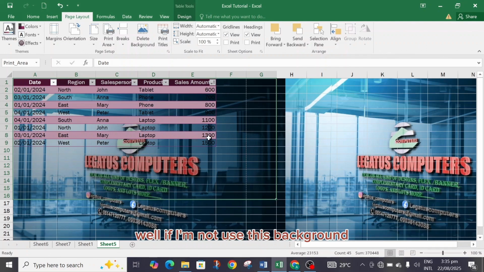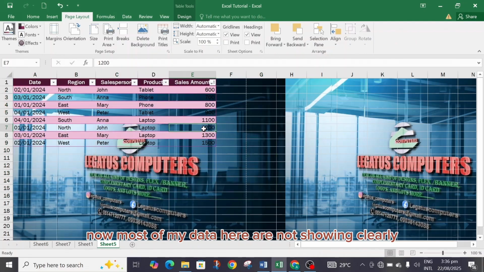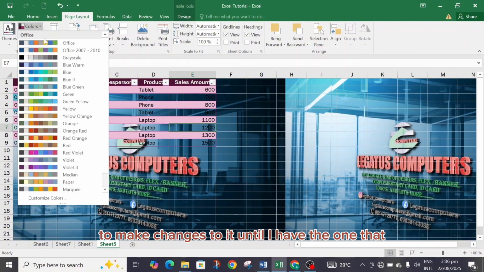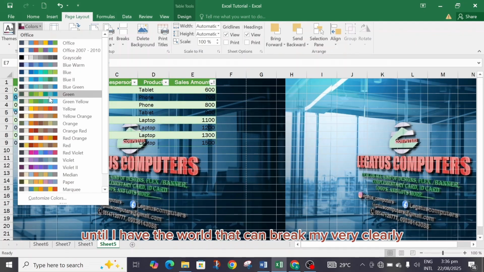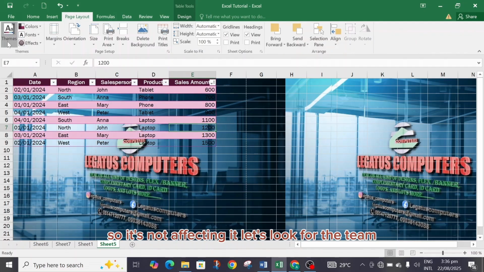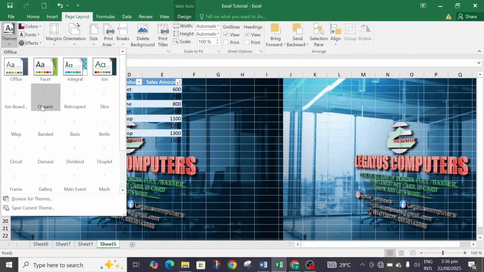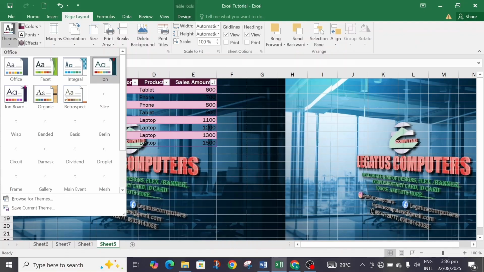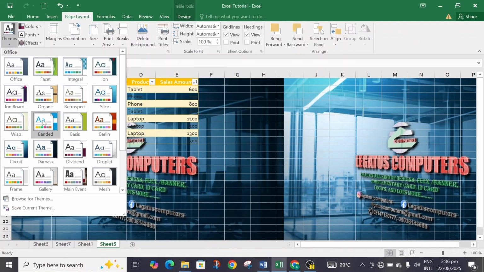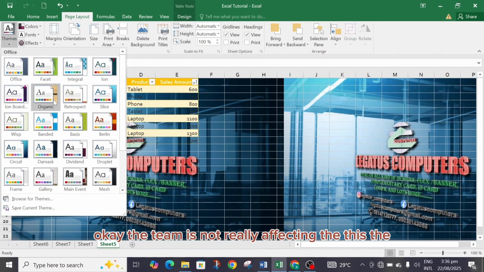If I don't use this background, if you watch this background now, most of my data here are not showing clearly. So I can use color to make changes until I have the one that shows my data very clearly. Let's look at the theme. Let's see what we have with the theme. Okay, the theme is not really affecting